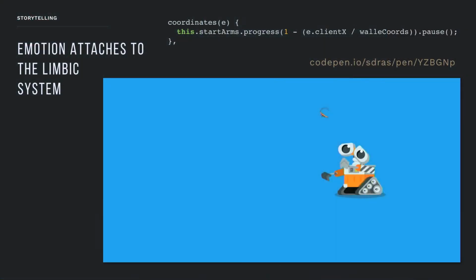So we can play with this. We can have our users interact with what we build. In this case, I made a little Wall-E guy that's being coordinated with the JavaScript framework Vue, as we mentioned before. I attached the mouse move event to track the position across clientX, and I'm plotting it and coordinating it with one of those timelines. So I built out the timeline of him reaching his arms across, and then I'm plotting those coordinates along